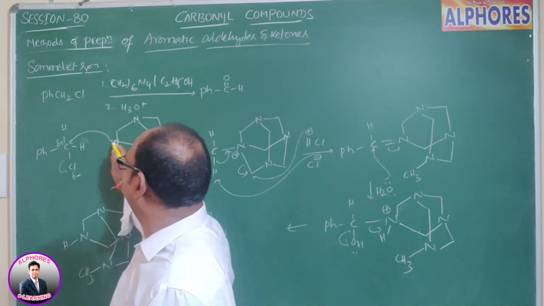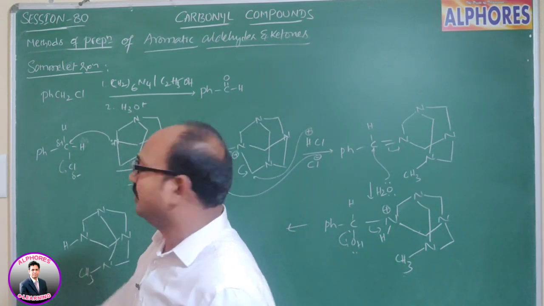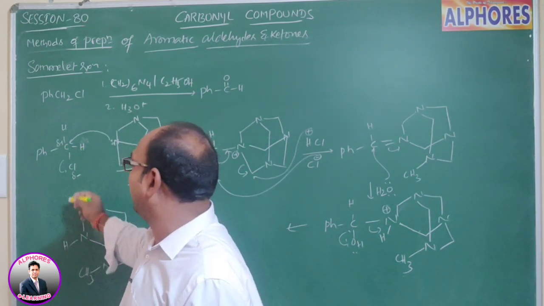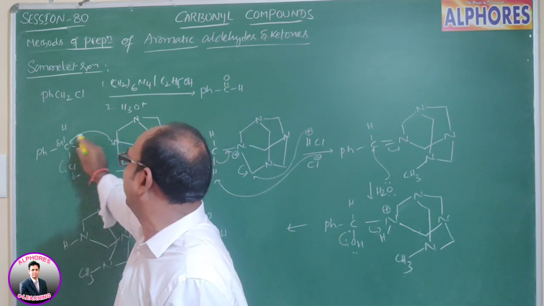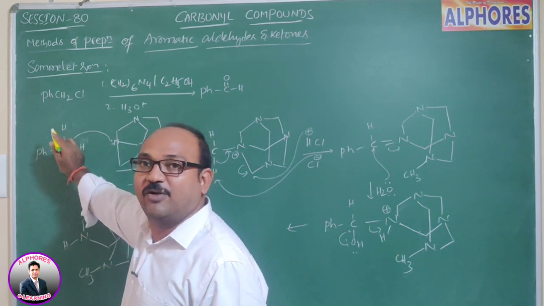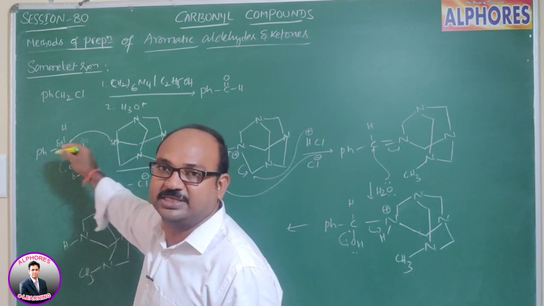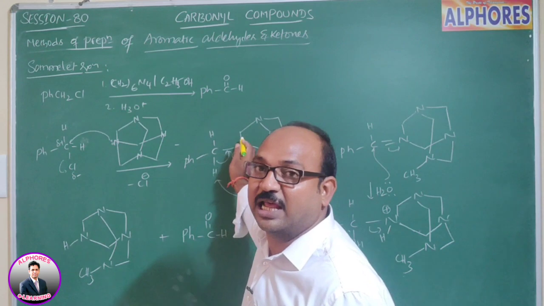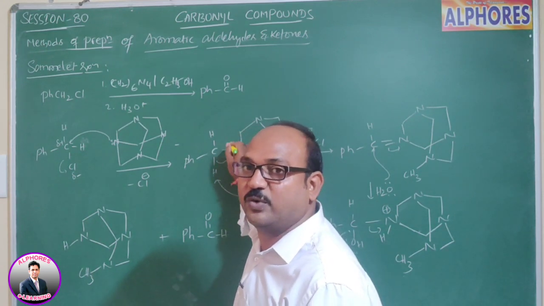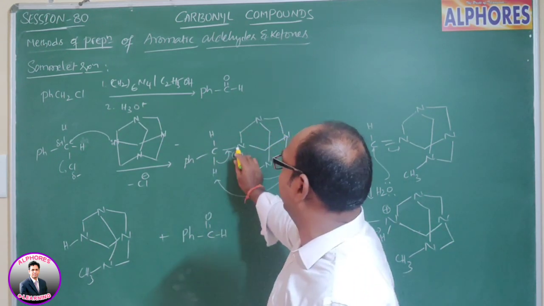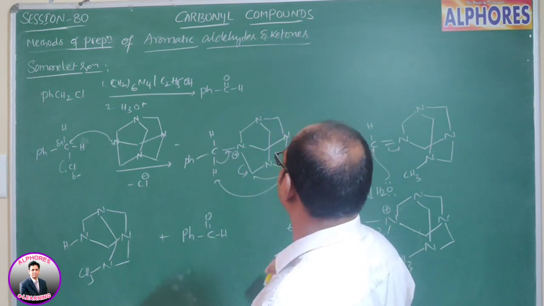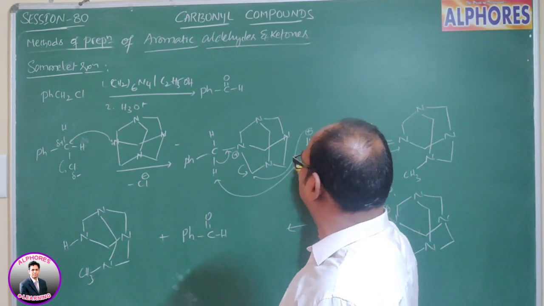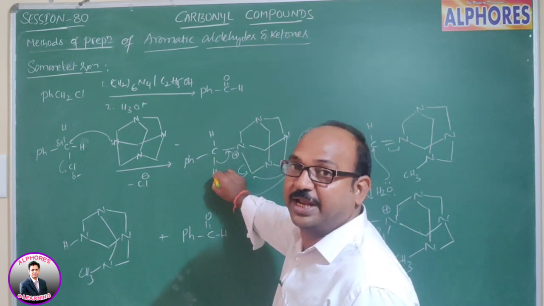What happened here? Nitrogen donates an electron pair to carbon. Here in the C-Cl bond, Cl is more electronegative, so it pulls electrons towards itself, meaning Cl comes out as Cl minus. Nitrogen donates an electron pair to carbon, resulting in a bond formation between carbon and nitrogen, and Cl comes out completely. Resultantly, urotropin nitrogen is going to bear a positive charge. Later, in order to compensate the positive charge, the Cl minus approaches the carbon containing nitrogen.